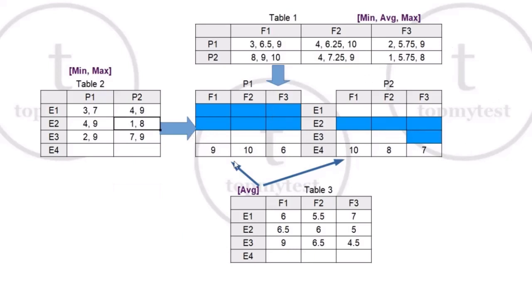Now let us look at the lowest number, because there are too many 9s. The next lower after 10 is 9, and there are too many 9s on the board. So let's look at the lowest one, which is 1. There's only one 1 on the board, right, which is for E2 for P2. So one of these 3 cells has to be a 1, right? Similarly, if you look at F3, that's the only 1 on the board. Nowhere else can you place a 1. So for F3, you can place a 1. So intersection of this, E2 for F3 for product P2. So this has to be a 1.